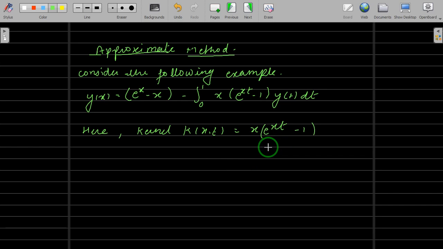So for that matter, what you do is, this is equal to x times the series for e raised to xt. By chance, does anyone know what the series is? Maclaurin's, Taylor's, if you have heard of power series. What is the power series of e raised to x, or of sin x, cos x, tan x, cot x? Check those.